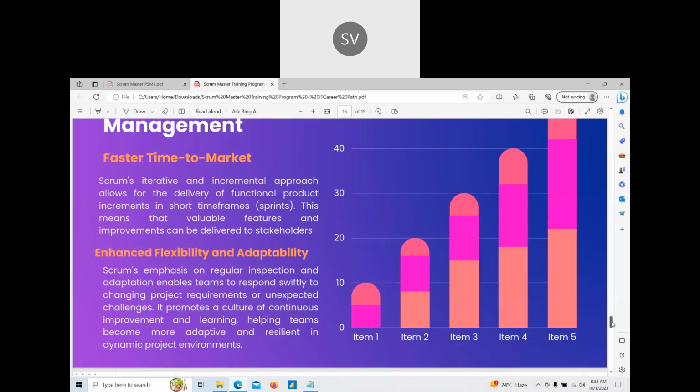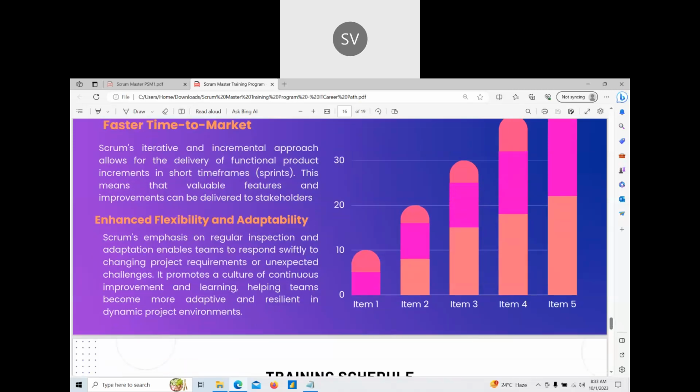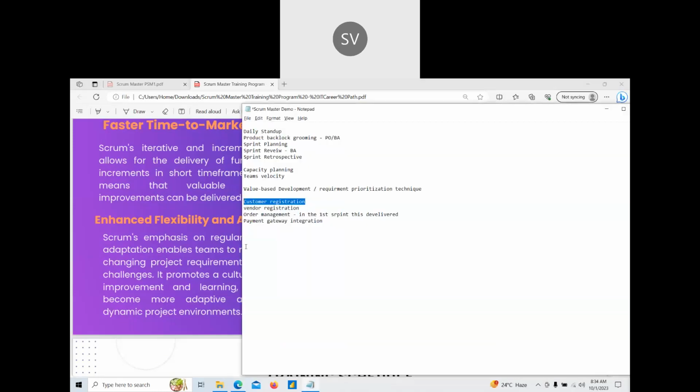Then enhanced flexibility and adaptability. When compared to the waterfall methodology, if any change request comes into the picture while you are in Scrum, Scrum is very flexible to handle those changes in requirements. We can put it in the backlog, prioritize it, and start working on it. In waterfall we have a defined timeline.